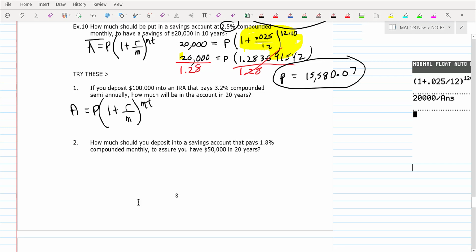I think I've given you one of each problem. I think one of them you just plug in the numbers and do the number crunching on the calculator, and the other one